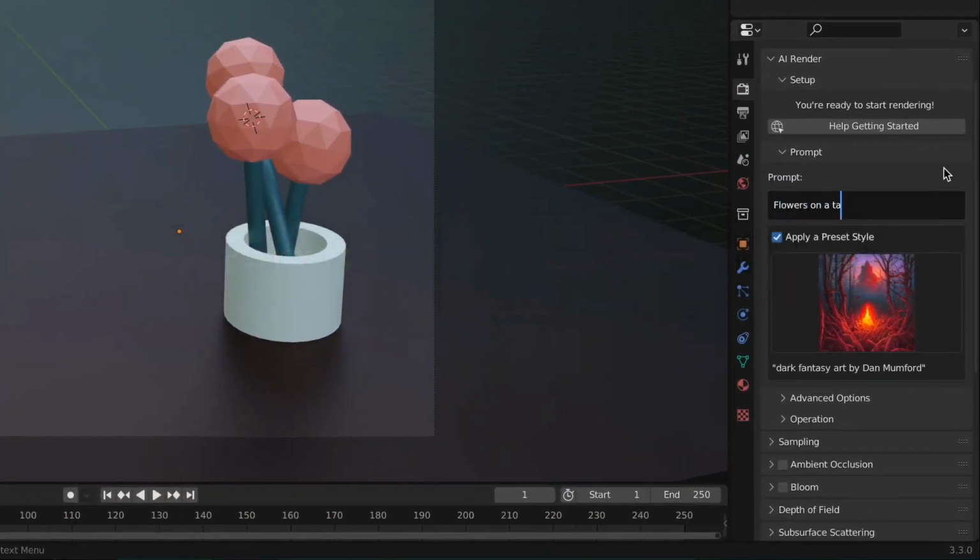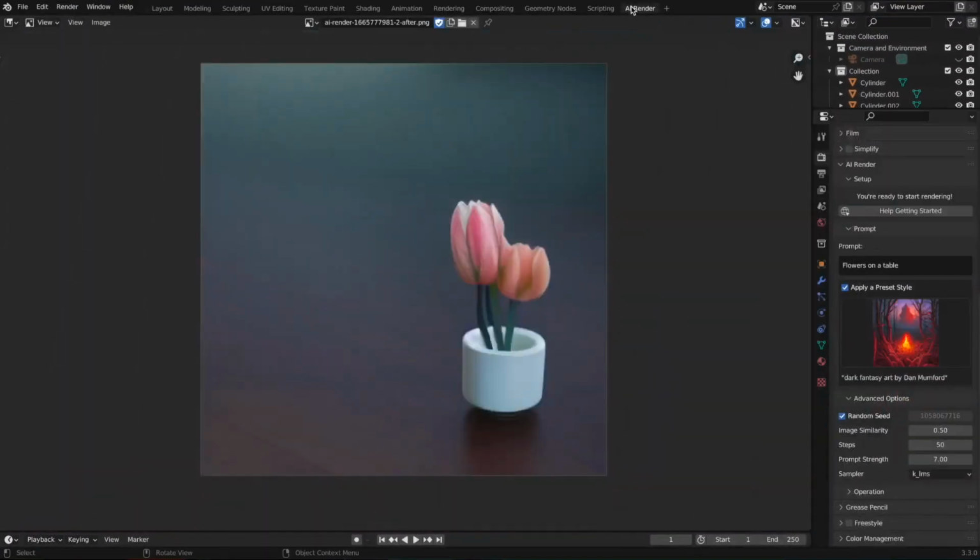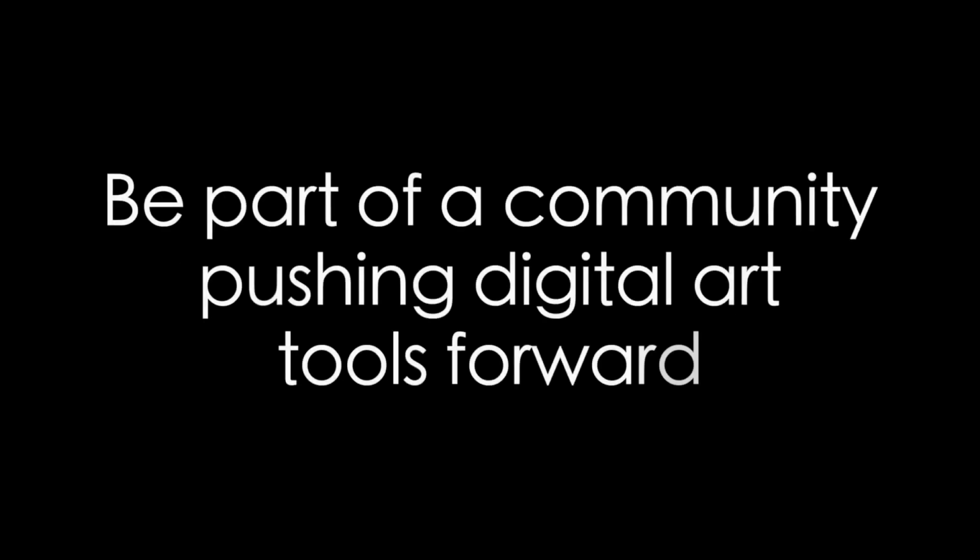AI Render lets you animate your creations using all of Blender's animation tools. You can even animate Stable Diffusion settings and prompt text. It's perfect for batch processing, allowing you to experiment with different settings or prompts for a variety of outcomes. The possibilities are endless,